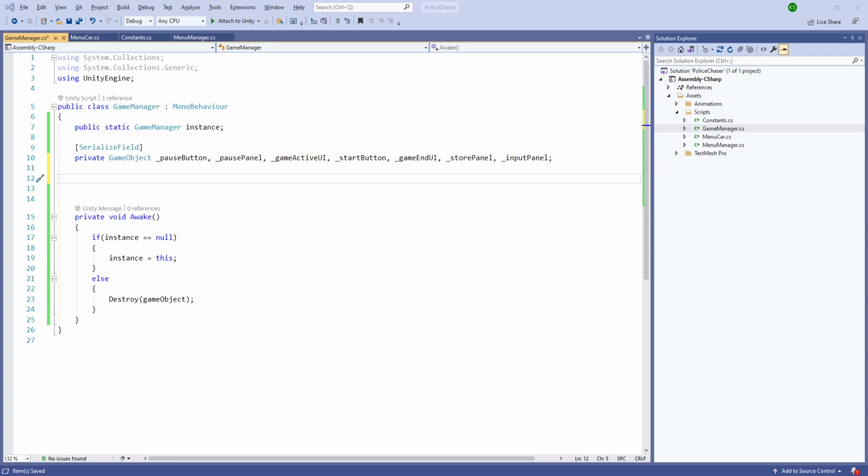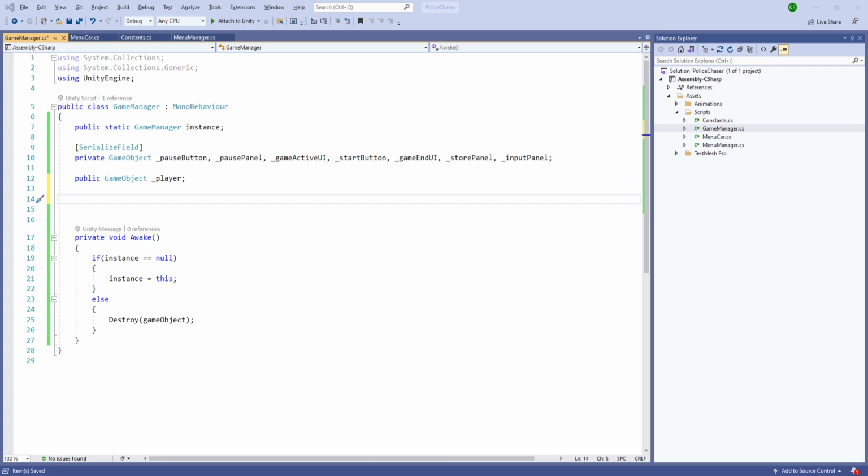Now, after having all this serialized field, we are going to have a name game object for the player. Has game started? And let's create the start. So inside our start, we'll first set has game started to false,